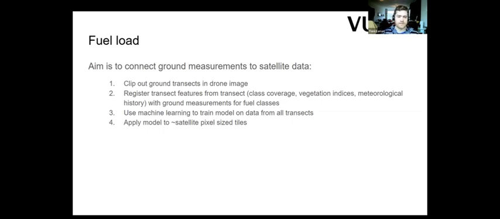And there's a few steps to this. I'll go through them one by one in a minute. But firstly, we have in the drone image the transects that have been laid, and we can connect those to the imagery using ground control points. We take all the data from those transects along with a meteorological history of the plot, and train a machine learning model on this data to then apply that model to a larger satellite project, for example, Sentinel or